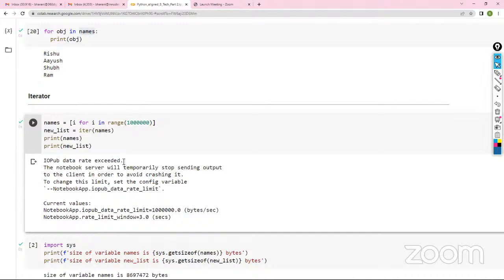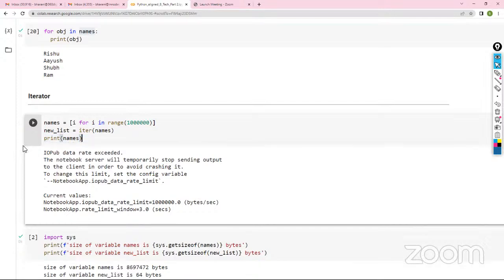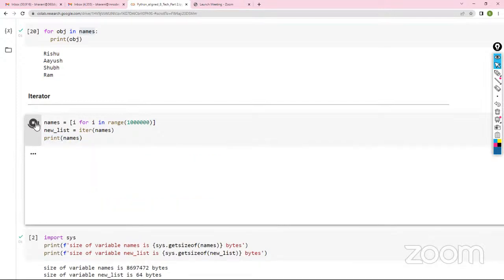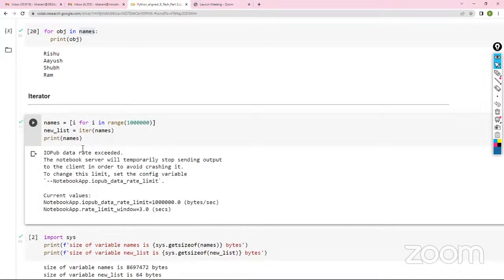Data rate exceeded, input output, publishing of input output values. Okay, huge, right? The memory that you have is not even sufficient to print the details. If you just say print of names, then it gives these. When you say print of